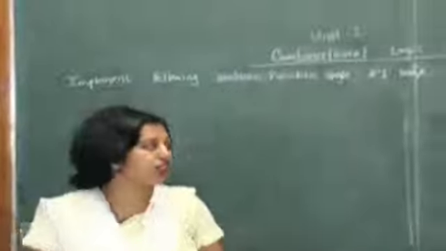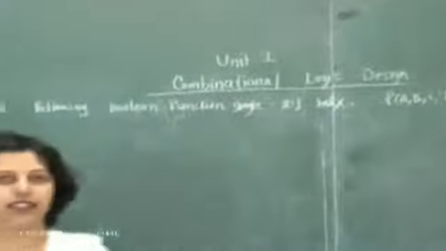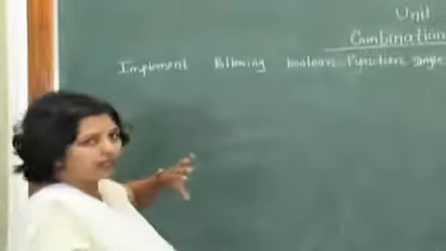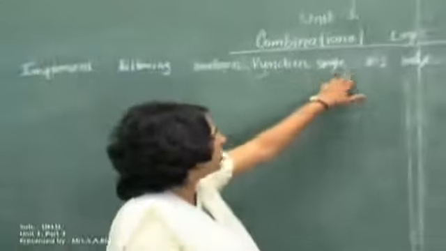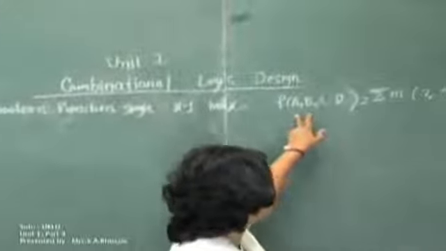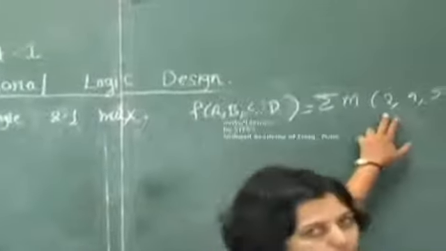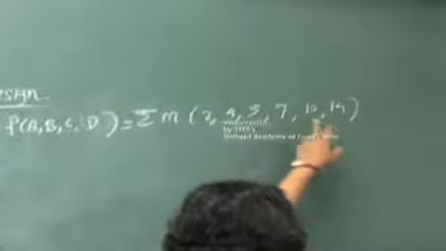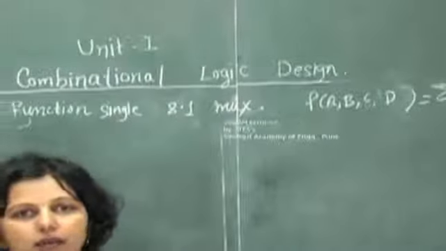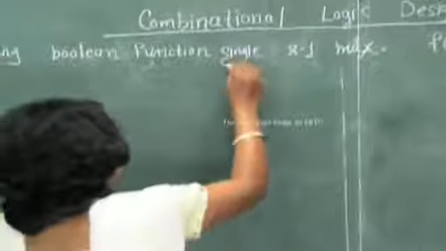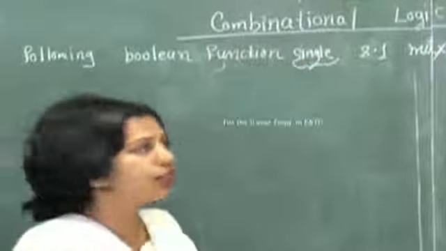In the multiplexer tree we have seen that a higher version of multiplexer is implemented using lower versions of multiplexers. But suppose you don't have multiple multiplexers, what will happen here? For example, see here, what is the example? Implement the following Boolean function using a single 8:1 mux. If you see this example, it is a 16:1 mux. It is from 2 to 14, but this can be implemented using two 8:1 muxes using a multiplexer tree. But here it is expected that you have to use a single lower version multiplexer.